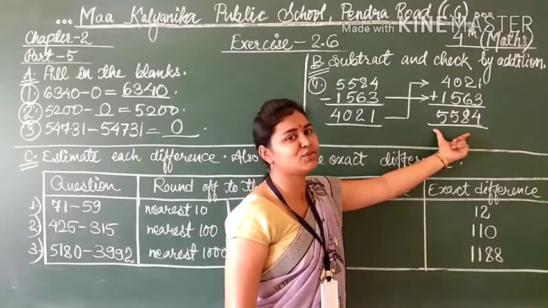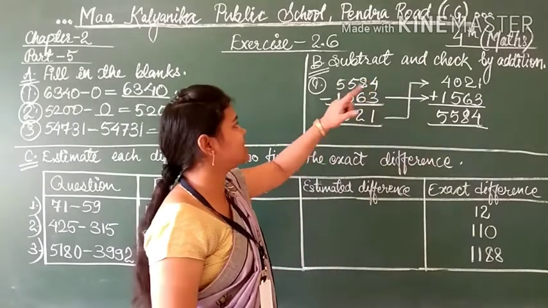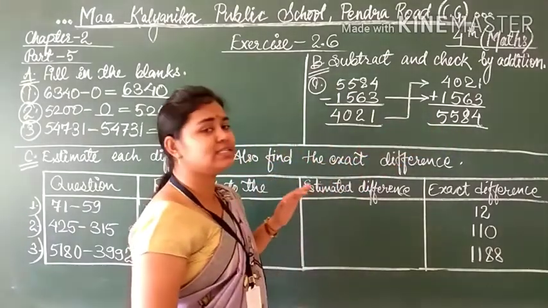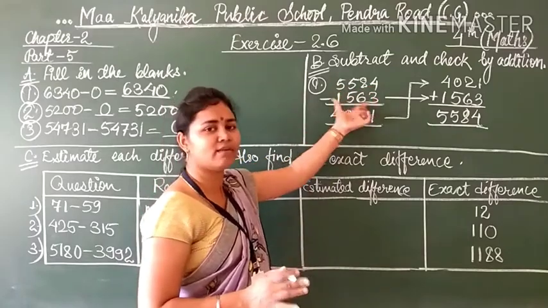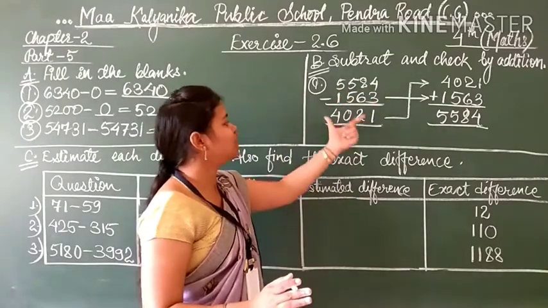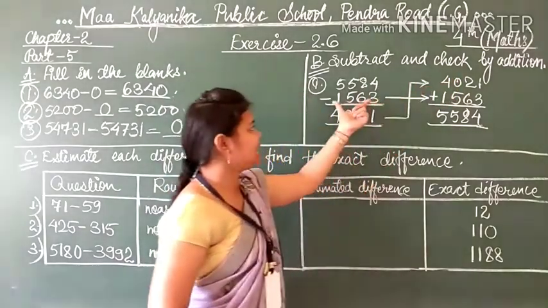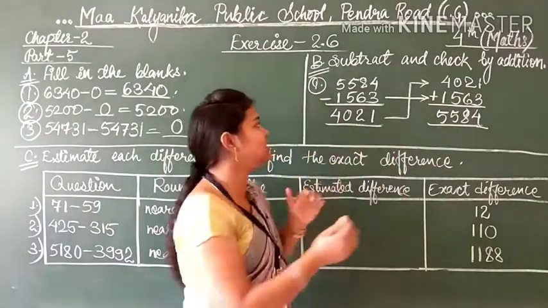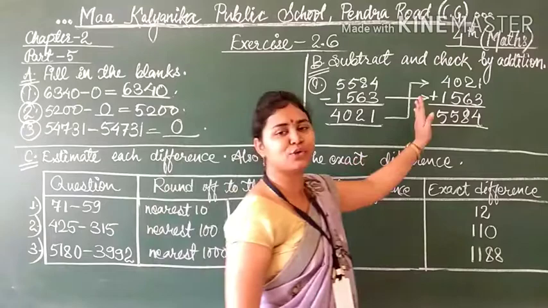Can you see the number? Which number is matching to this? Yes, this is the above number from which you have subtracted the given number, 5584. So students, for checking of the subtraction, what you have to do? If you have two numbers and you subtract them, you get the answer. That answer you have to write first, and the second number you have to write second, and you have to add these two numbers, and then you will get this number which is visible to you here.